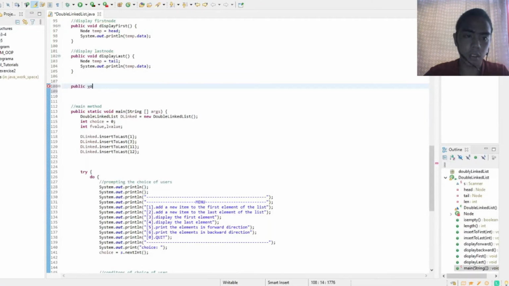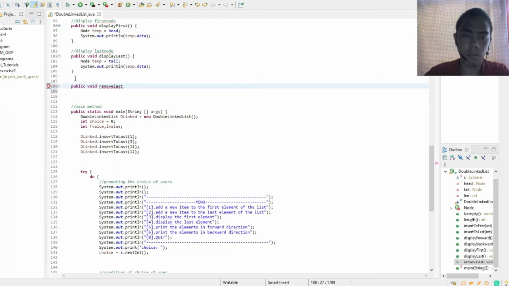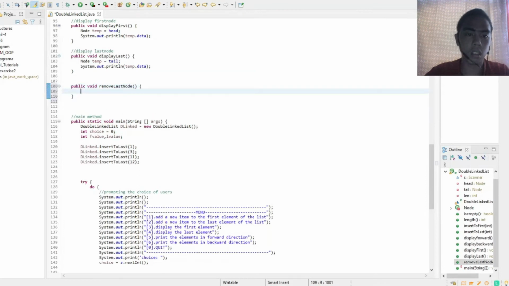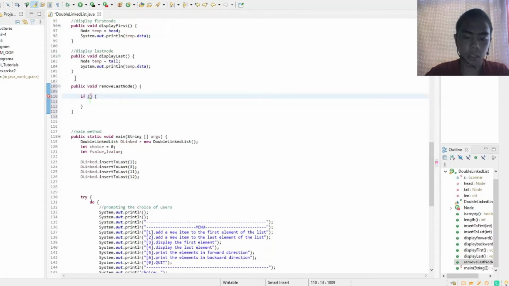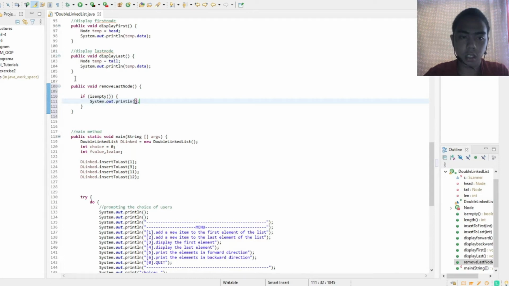So public void, we're going to name it removeLastNode. And then we're going to create a conditional statement which checks if the doubly linked list is empty. So we're going to use the function isEmpty, then extend it out. If isEmpty is true, then it will return